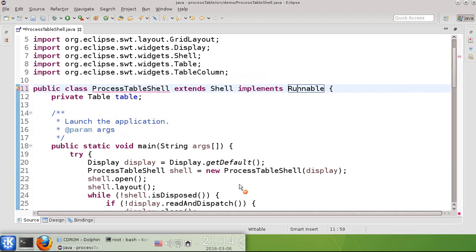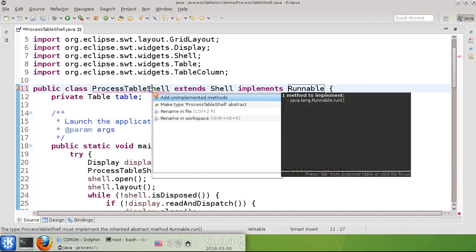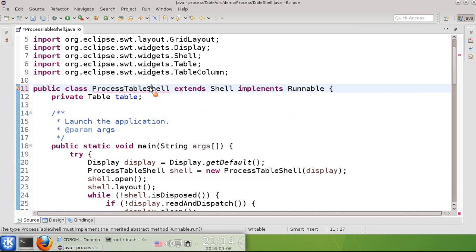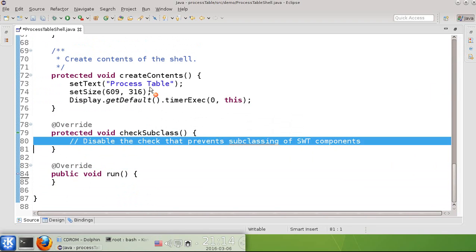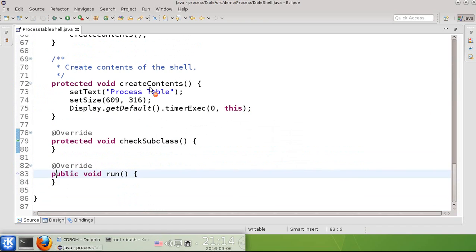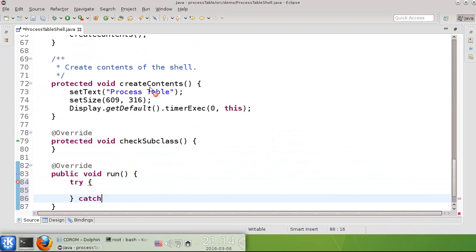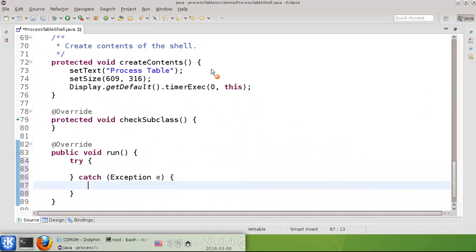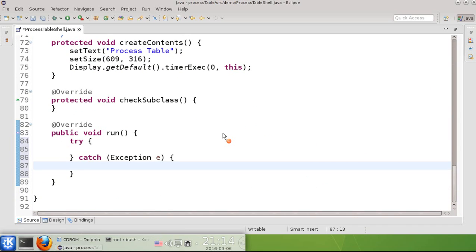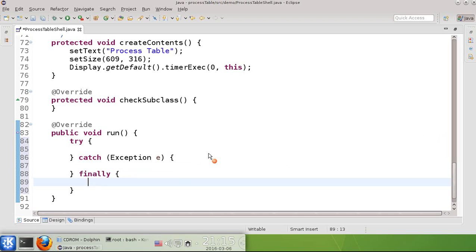If I go in here, of course I do a Ctrl+1 again, and then I implement the missing methods, which is actually one method from the runnable interface, which is the run method. In here I'm trying to execute some call which might throw an exception. In case I get any checked exception,